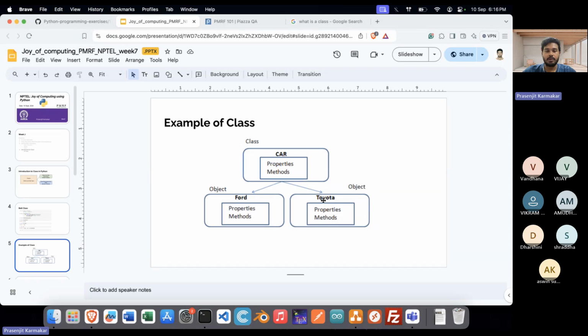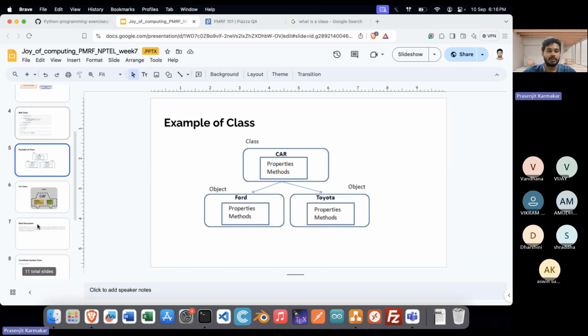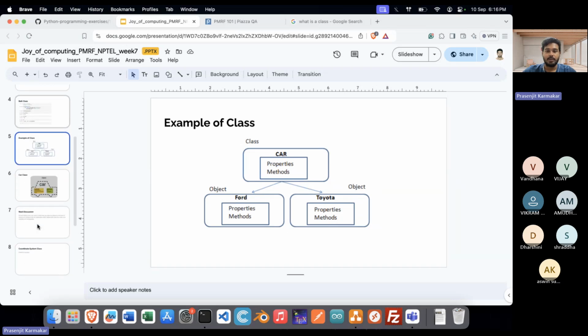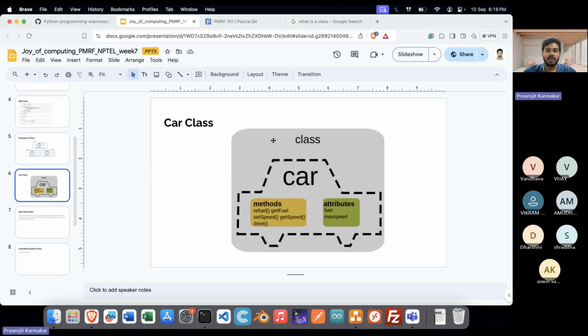We'll talk about them later on. Let's just cover the theory first, and then we'll go with the implementation and how to implement these kinds of relationships in Python. Okay. Now car, see,